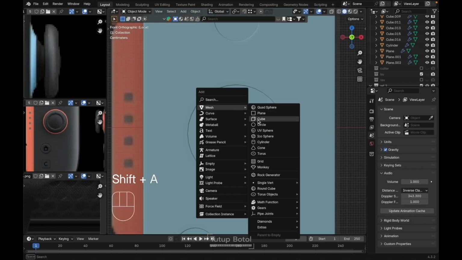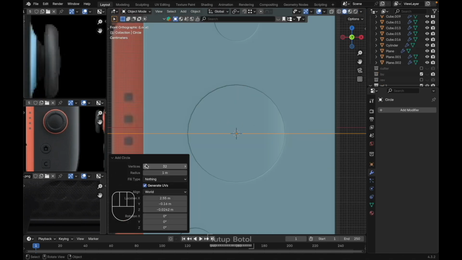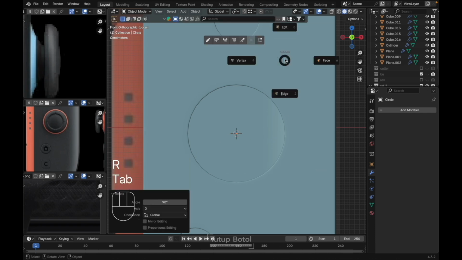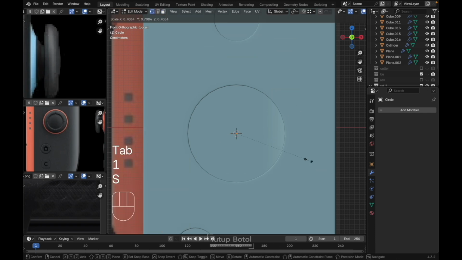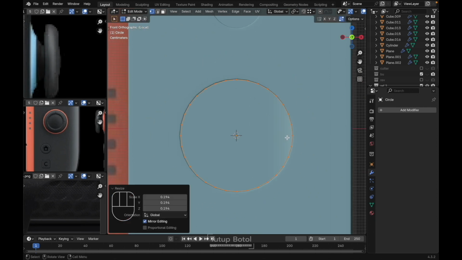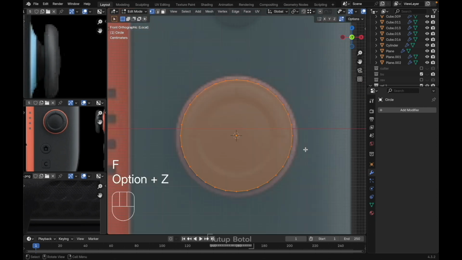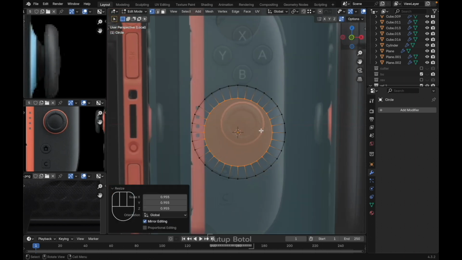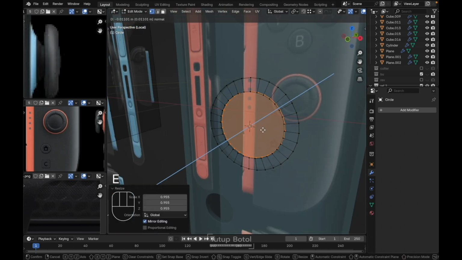And for this one, press Shift A, mesh, add a circle. I'm using 32 vertices here, RX 90 degree. Tab to the edit mode. S to scale it down like this. Then press F to fill, Alt Z. Then we can press I to insert somewhere around here. Then press E to extrude it